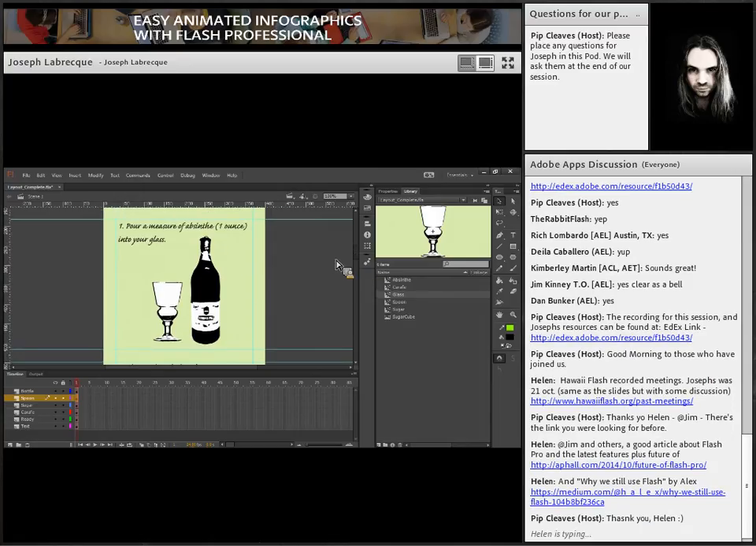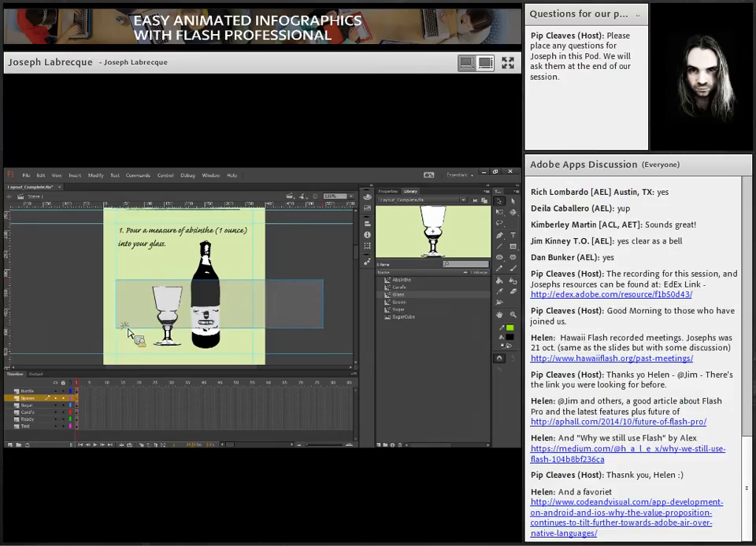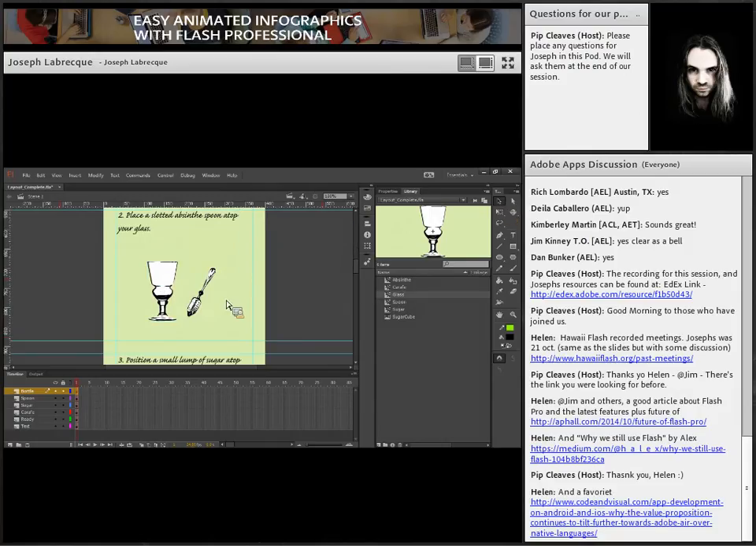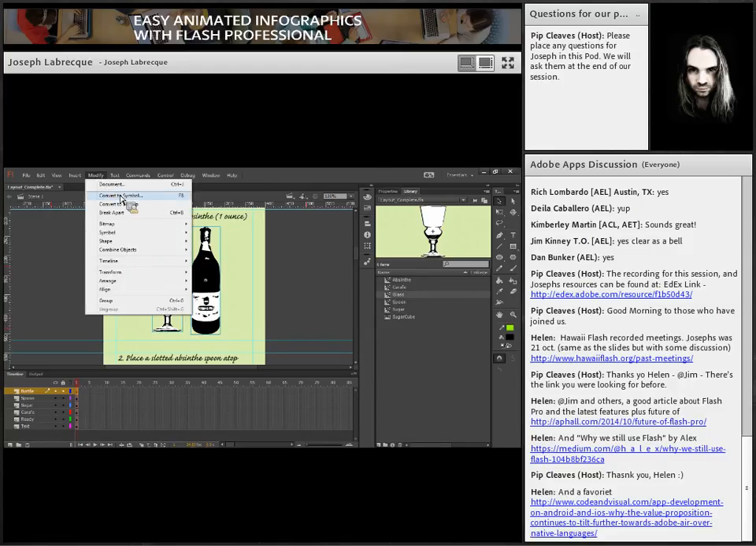So for this initial step here, we want to pour a measure of absinthe into the glass. So we want to animate that. And to do that, we'll create a movie clip symbol. So what we'll do is select both of those objects that we want to be part of this movie clip symbol. And I'm using the basic selection tool here to do that. We can actually use a number of methods to do that. We can shift click on each one to choose multiples, or we can just draw a selection rectangle around the two. And once we have our objects selected that we want to be part of this movie clip symbol, we'll choose Modify, Convert to Symbol,